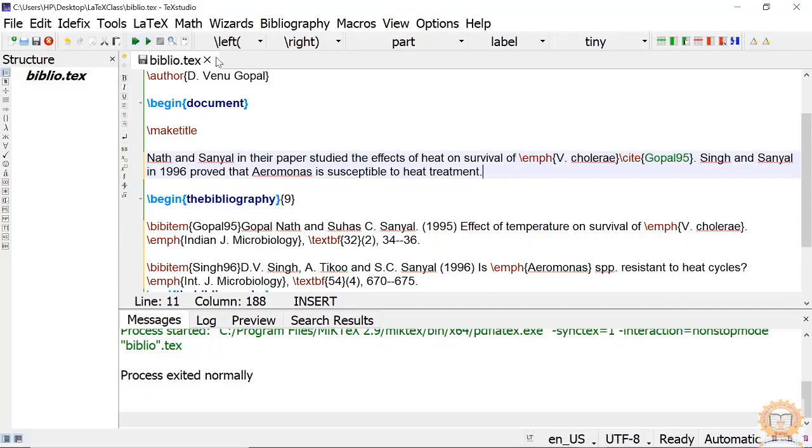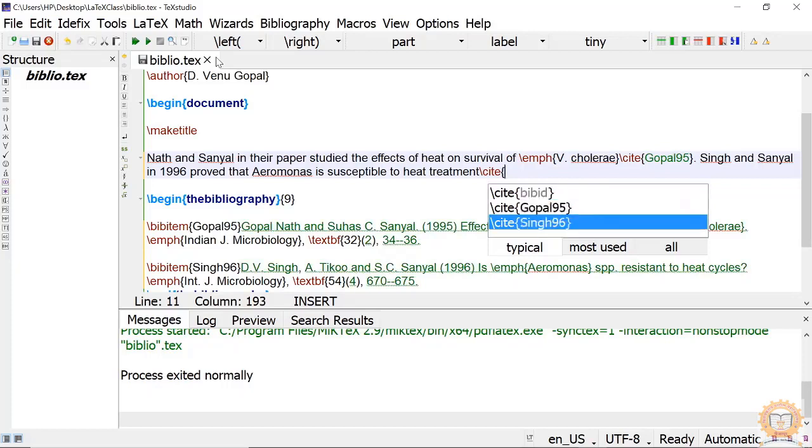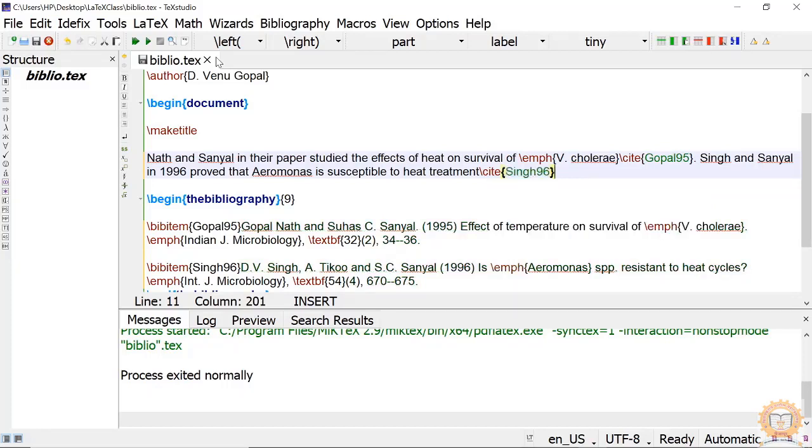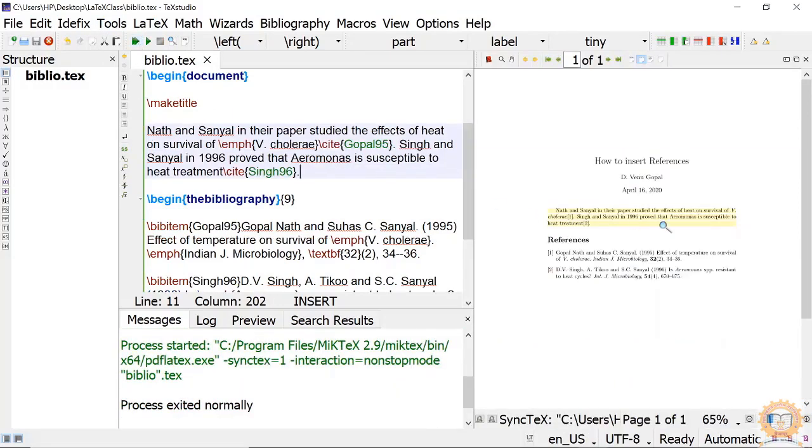Okay. Now to quote it, I can say cite. When I compile this document, see, here is one, here is two.